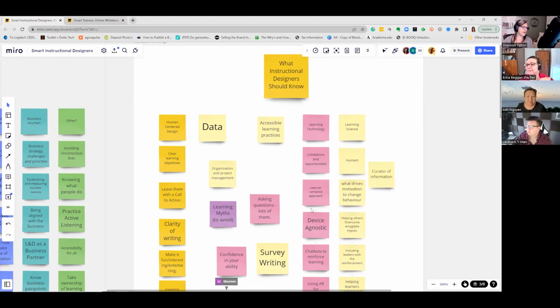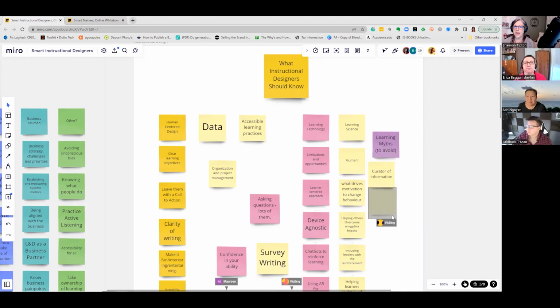Learning myths, yes, to avoid. And when I think about learning myths, what I think about is learning science: understanding the research behind adult learning and not taking that research at face value. So when you think about learning myths,